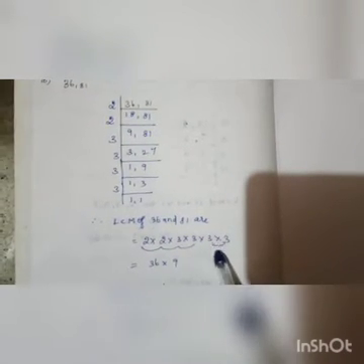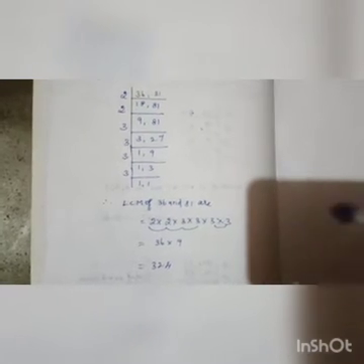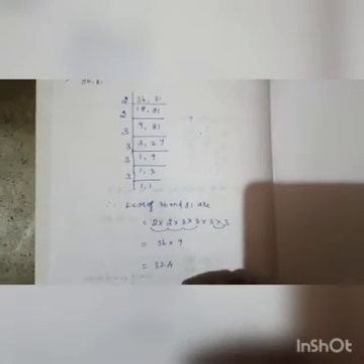So the LCM of 36 and 81 is 2 into 2 into 3 into 3 into 3 into 3. 2 2s are 4, 4 3s are 12, 12 3s are 36, 3 3s are 9. So 36 into 9, you get 324. 9 6s are 54, 4 5 carry, 9 3s are 27, 28, 29, 30, 31, 32. So the answer is 324.